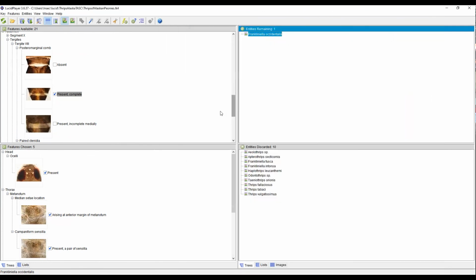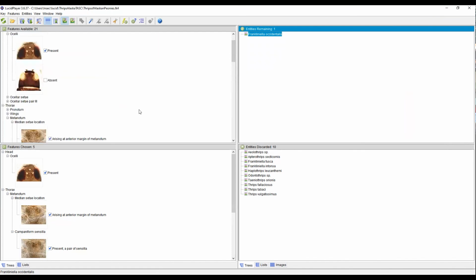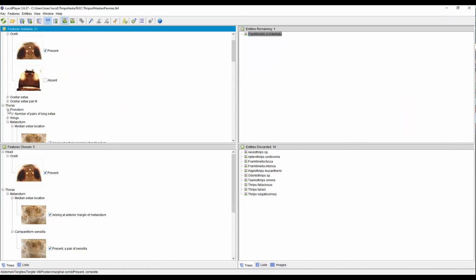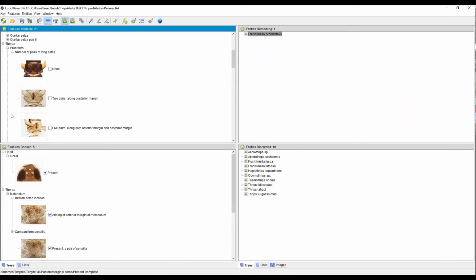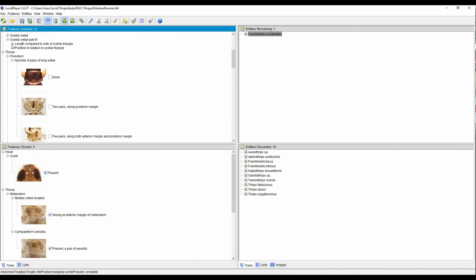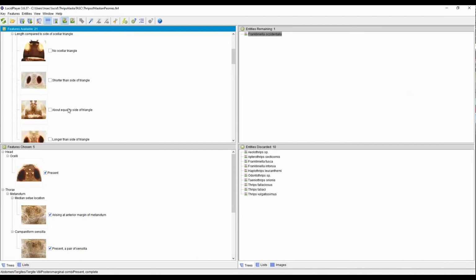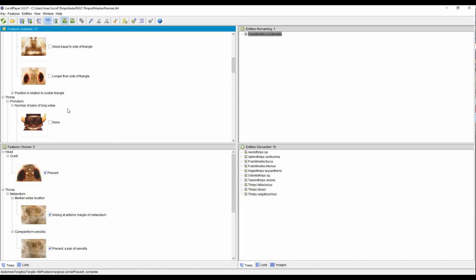Because it is always possible that unsampled or newly introduced thrips could show up on peonies grown in Alaska in the future, it is always a good idea to double check identifications if your unknown specimen does not exactly match one of the species included in the key by scoring any remaining characters in the Lucid key or using the dichotomous key that was also developed as part of the